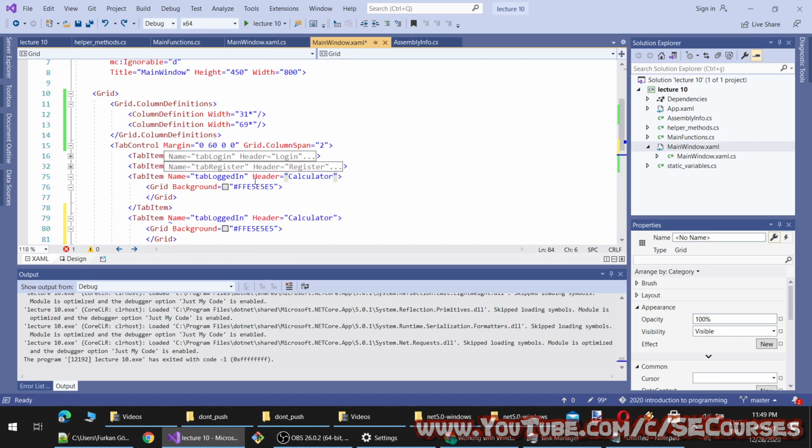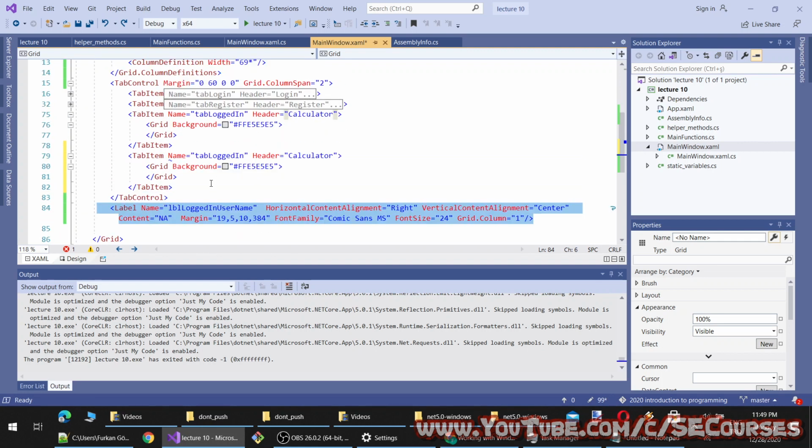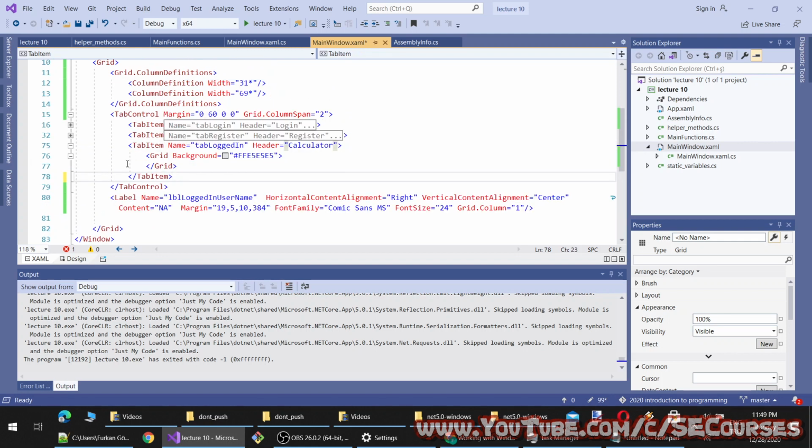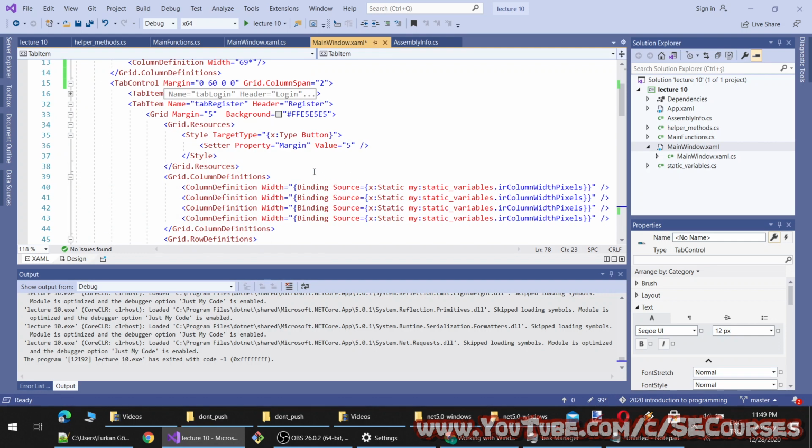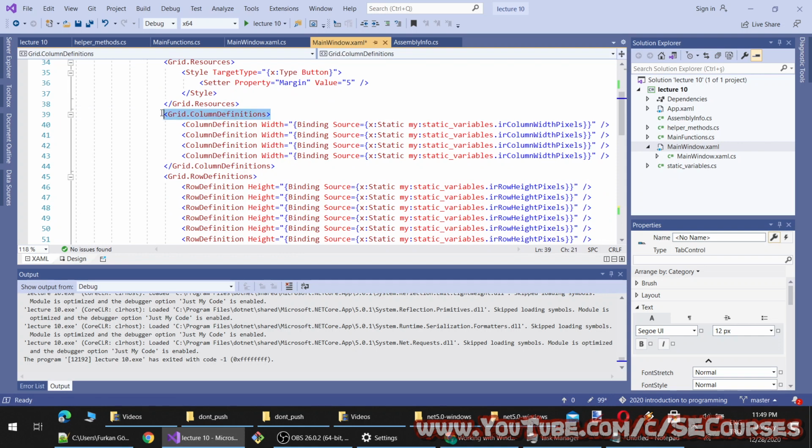So we can solve this problem, I think, with using grid resources, grid column definitions.